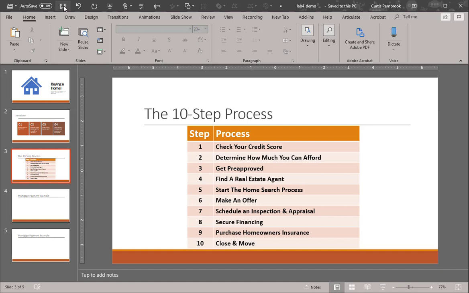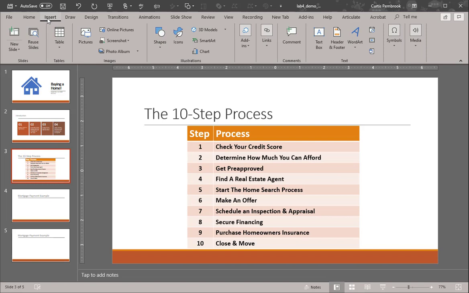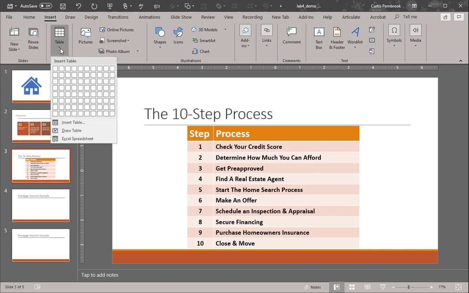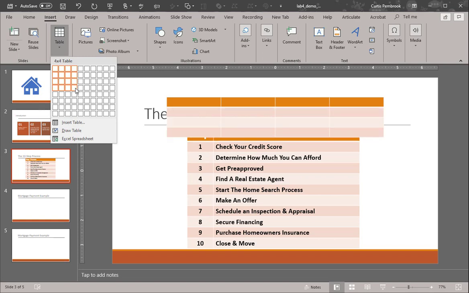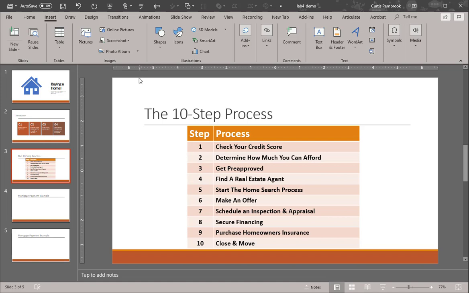And so we've taken a look at tables and creating a table in PowerPoint. Just like anything, we can click the Insert tab, select Insert Table. You have to select the number of rows and columns here, and then insert the table. You can draw a table, or you can insert an Excel spreadsheet, which we'll take a look at in a few minutes. And so we've done the ABCs of tables,